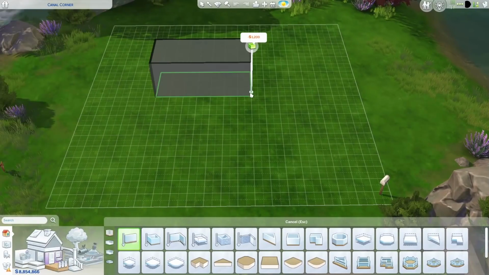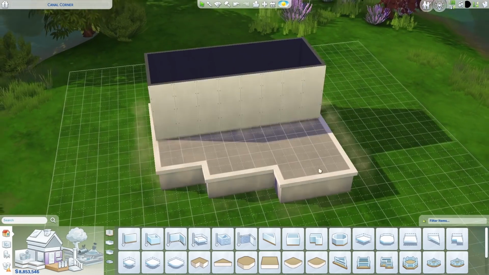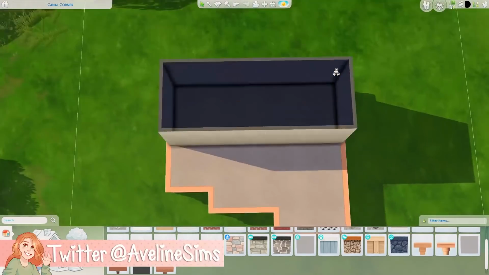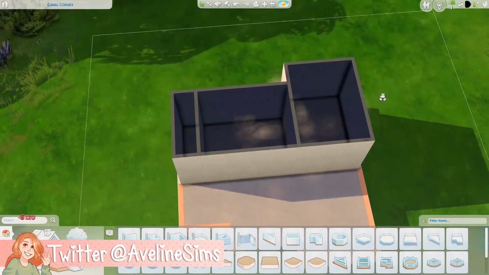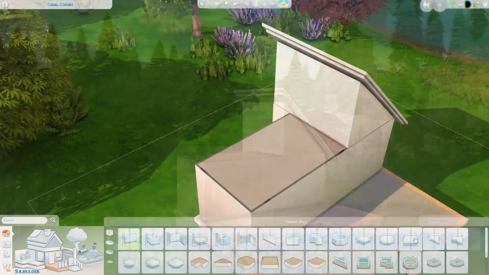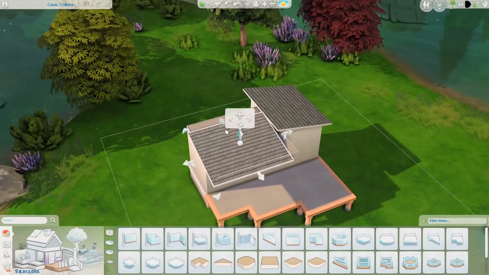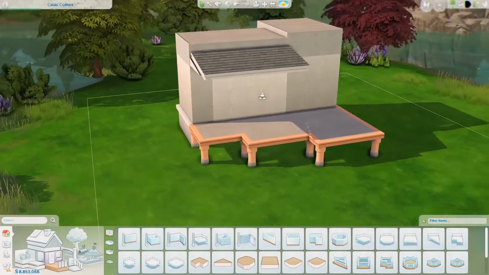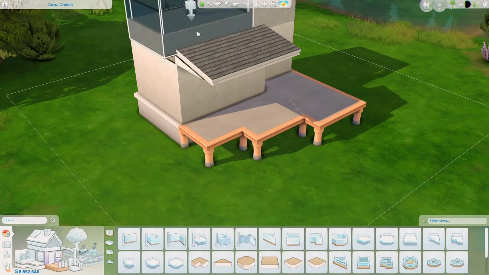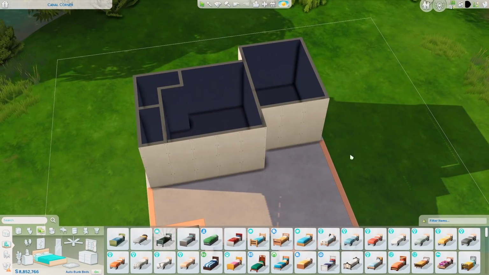Yeah, let's do it. So today we are building this tiny house. Like I mentioned, it is an industrial tiny house, but I do feel like it has a little bit of a luxury vibe to it. I don't know exactly why, but I just feel like it does. And I have been using the industrial loft kit in this one, along with some base game items and a little bit of everything, as per usual. But I feel like I stuck mainly to base game and also industrial